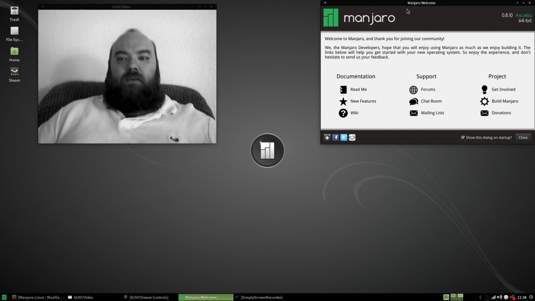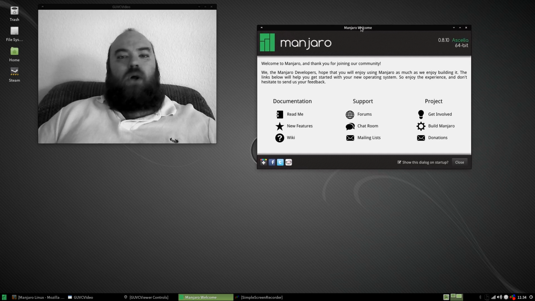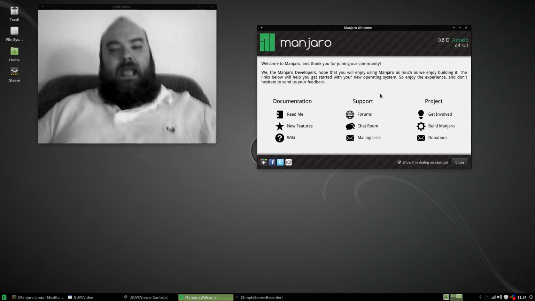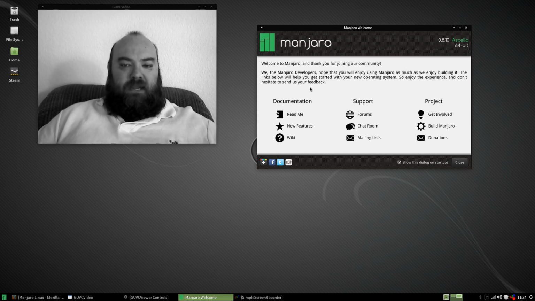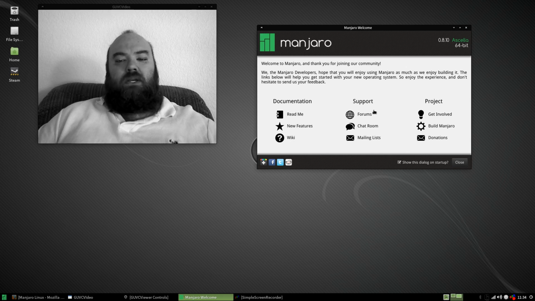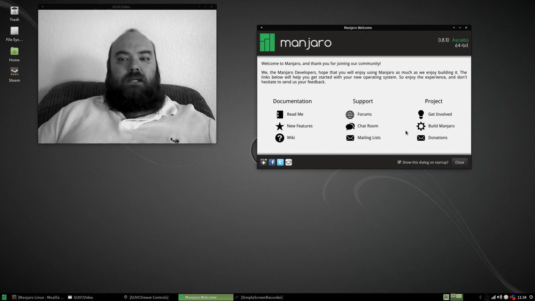Now, first off, I left this up here. This is the welcome screen for Manjaro, and it has some very good information with some new features about it, links to their wiki and README, forums page, etc. There's a lot of information that you can find from that, and I wanted to bring that up just to let you know that it is a nice feature to have when you first start a new OS or flavor